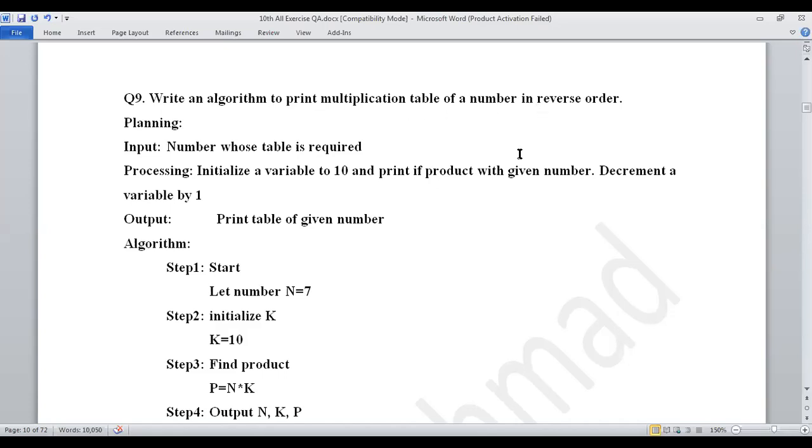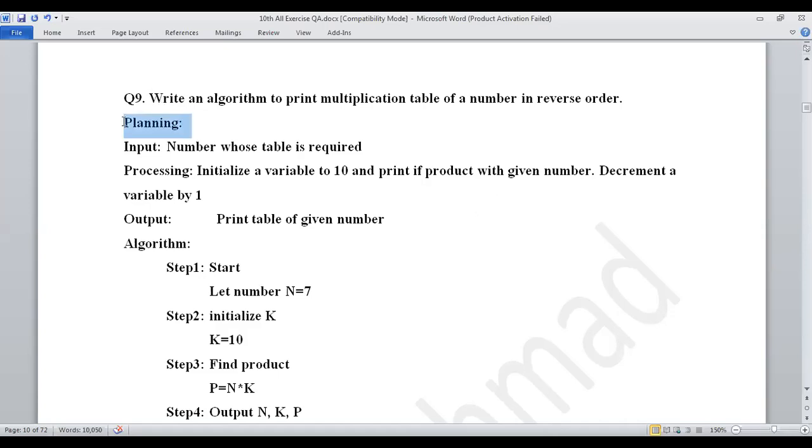Reverse order means you will take the first value as 10 multiplied by 7 is equal to 70, 9 multiplied by 7 is equal to 63, and so on, and the last value will be 1 multiplied by 7 is equal to 7. So we are developing this kind of algorithm in reverse order.